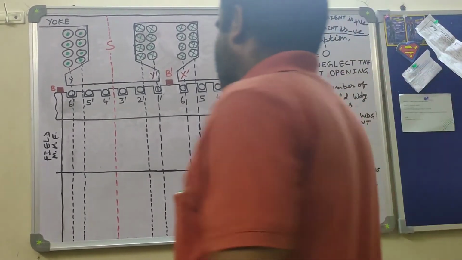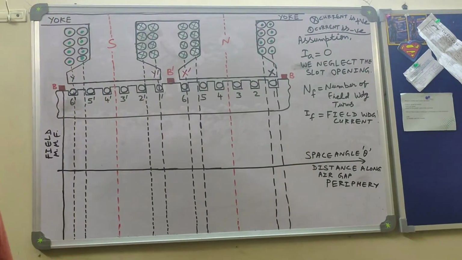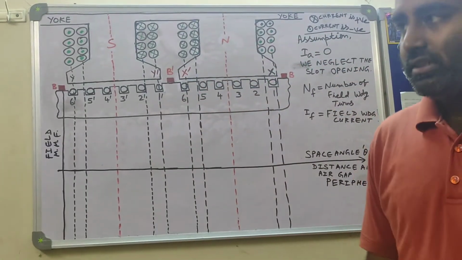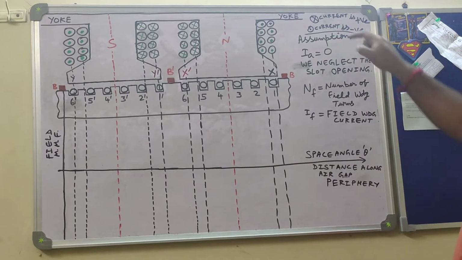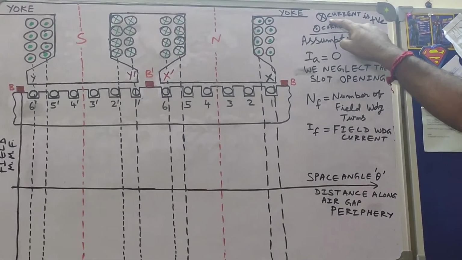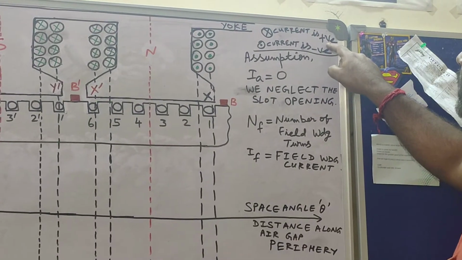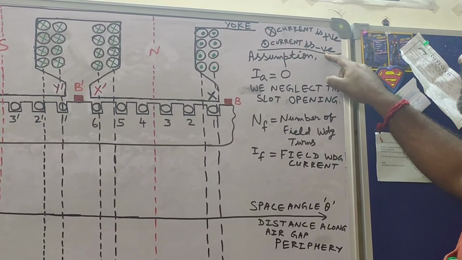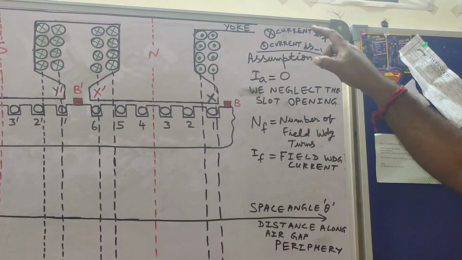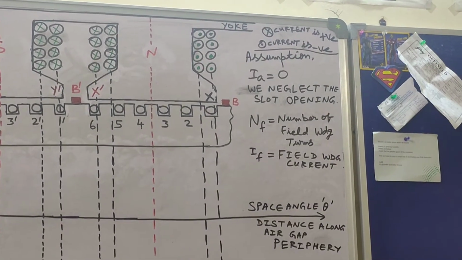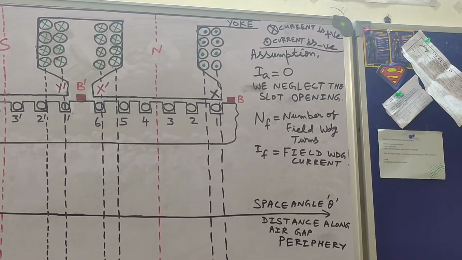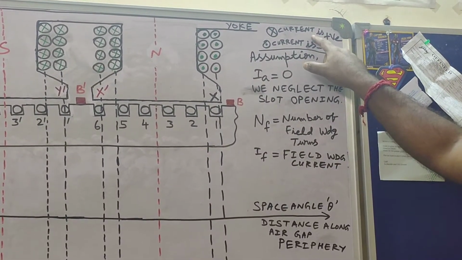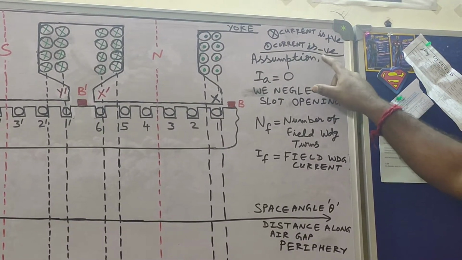Now before we start the process of plotting the MMF variation, I would like to state some of the assumptions which I have made. First, if a conductor is carrying cross current, then that will be taken as positive, and if a conductor is carrying dot current, then that will be taken as negative. This is in accordance with the earlier convention I used while plotting the armature MMF variation of the DC machine, where cross current enclosed is positive and dot current enclosed is negative.